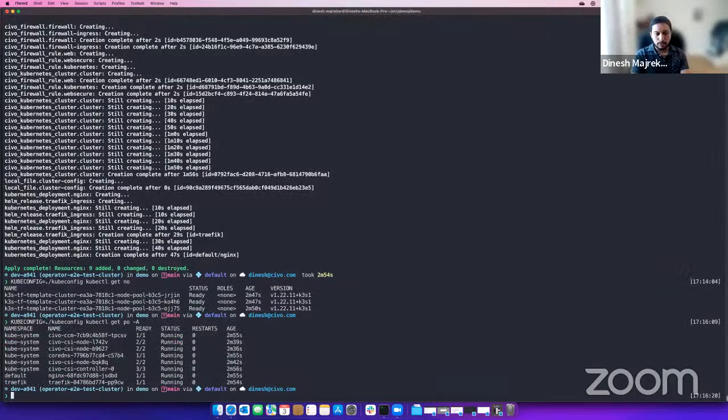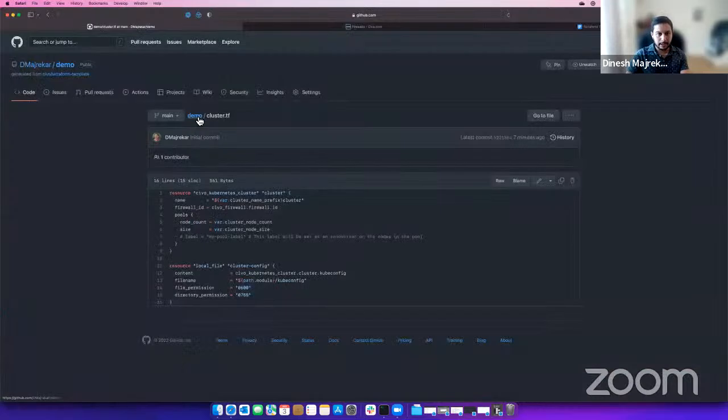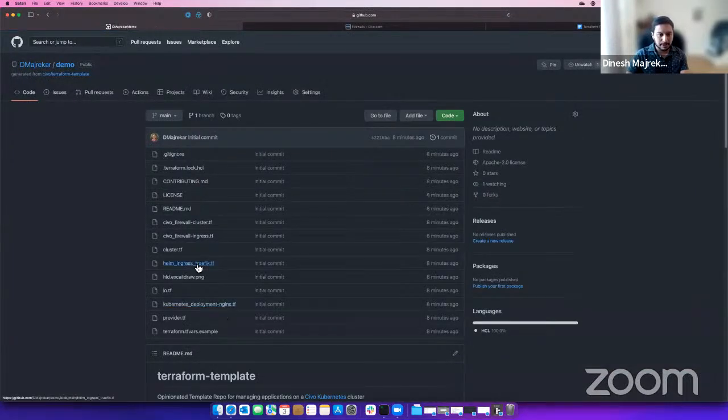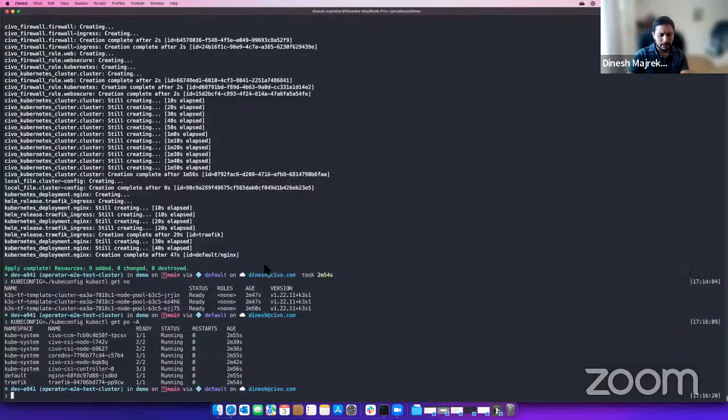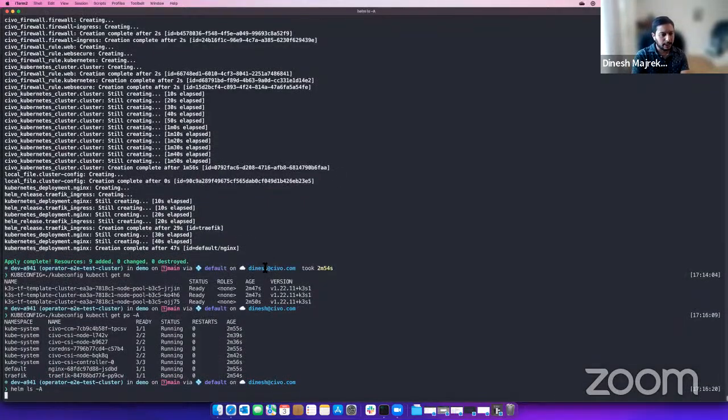But if we get all of the pods in here, we can see that Traefik and Nginx have been running. And these are what we've defined in a couple of other resources that we've got here. So we've got helm ingress traefik. Here we can start pulling out that we want to get a helm release. We're calling it traefik, and it's in the traefik namespace. So if we do a helm list -A,